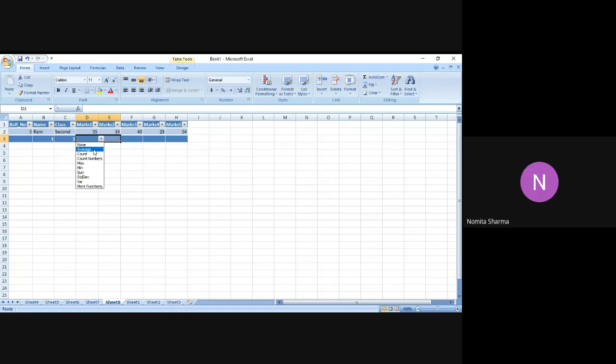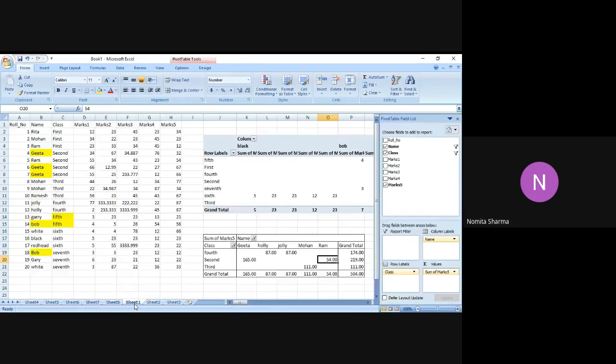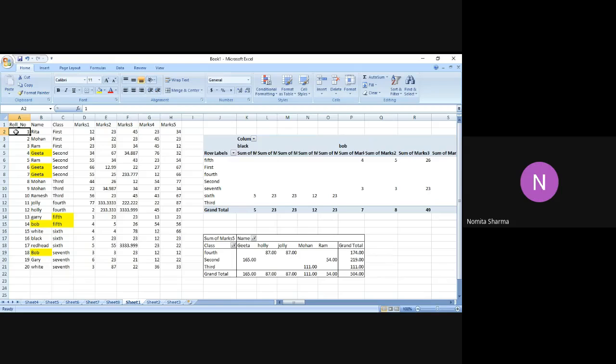So the option is you don't give the range, you don't give the array, but you only give the field. I repeat again what I did. I hope you remember the track, what we have done. Initially, the very first thing that I've done is I've made the main master table. Let me just tell you the track. This is a master table which I made, and the table normally is a big table with more rows and more columns, right? So we have roll number, name, class, marks 1, marks 2, and marks 3.